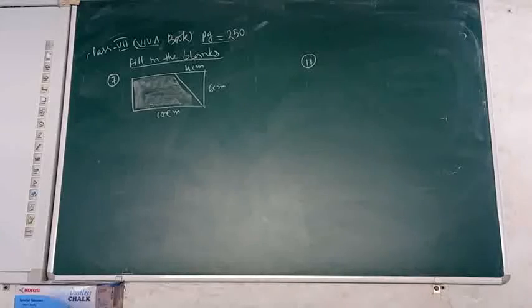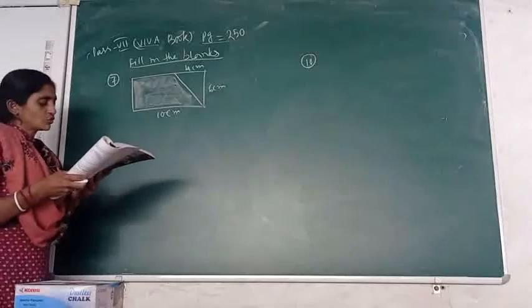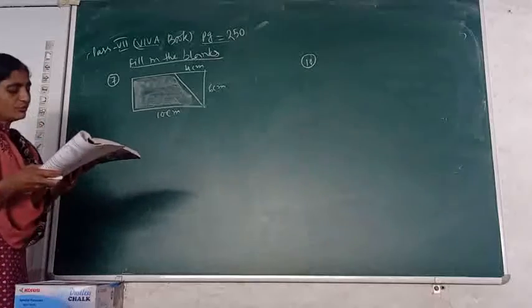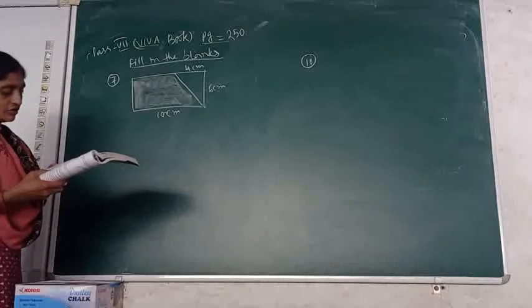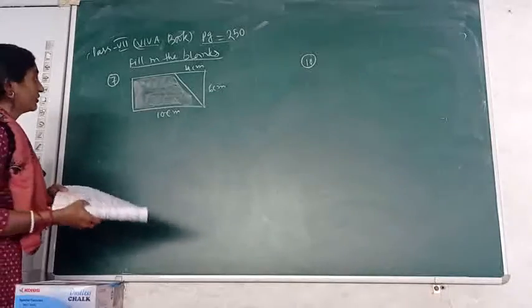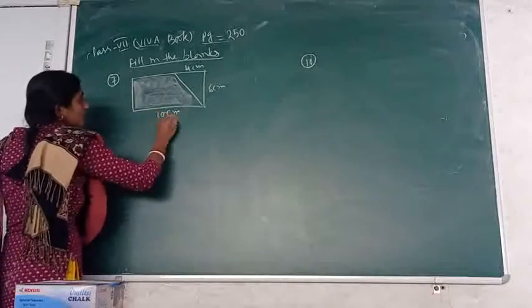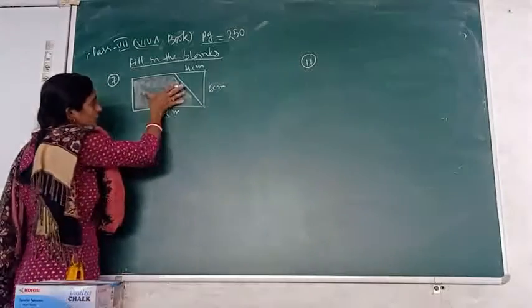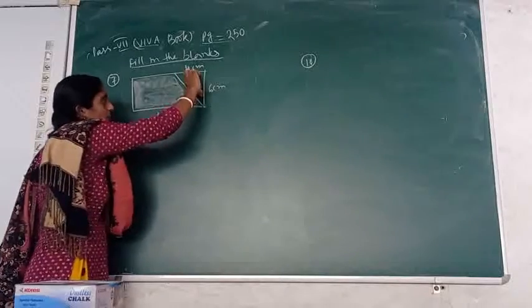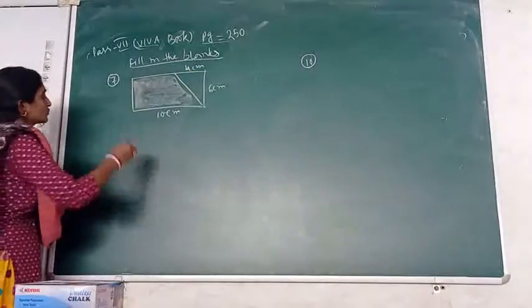Come to question number 7 from the fill in the blanks of page number 250. Here one diagram is given like that. Here you have been asked in this question, if from the rectangle measuring 10 cm by 6 cm, a triangular region is cut, the area of the remaining part will be how much? Okay, so here one rectangle is given. You can identify that length has been given 10 cm and breadth has been given 6 cm. From that rectangle we have to cut out this triangle whose dimensions have been given 4 cm by 6 cm. Yes, so let's go for that.